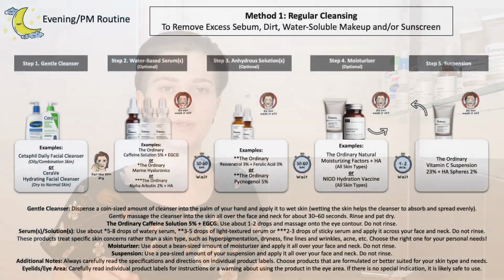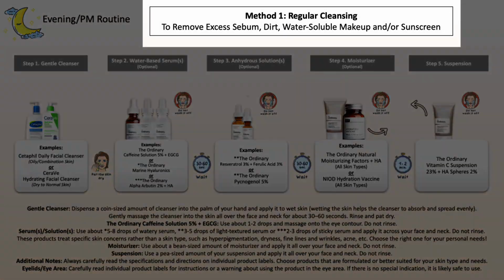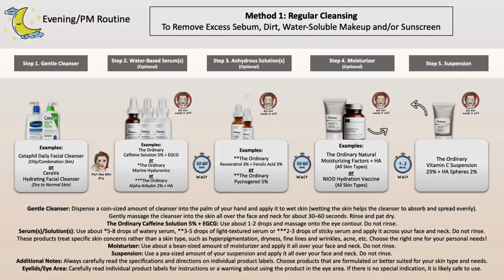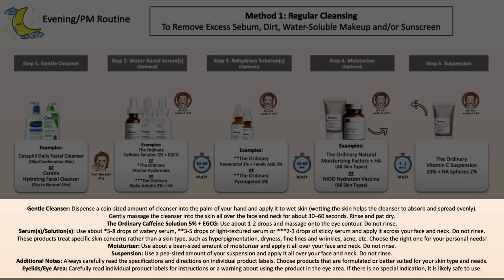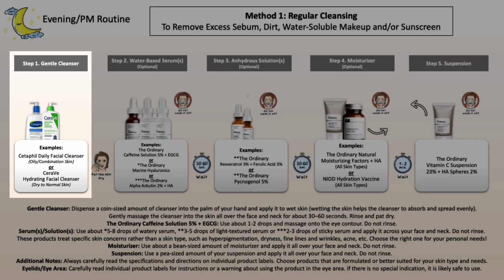So we're going to get started with the evening skincare routine. You can see on the top corner, time of use. In the middle, what cleansing method, specifically for the evening. Then you can see the steps. You can see the products and categories, what layering would be, and underneath the general guide. So you're starting off with your cleansing step. Make sure to choose a cleanser that's suitable for your skin type. Wash your face, rinse it off, pat the skin dry.